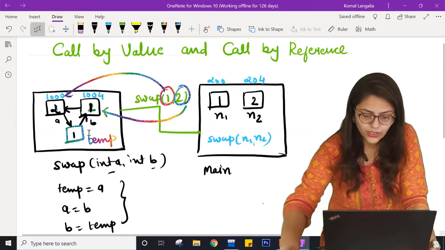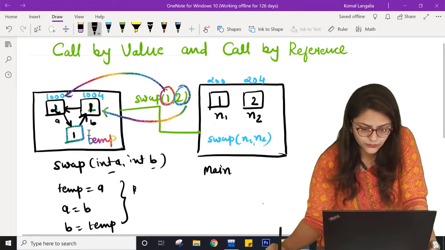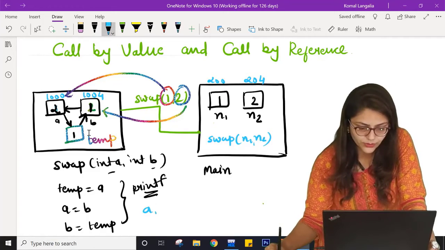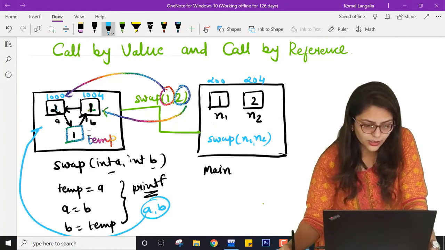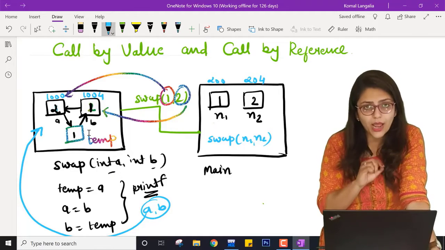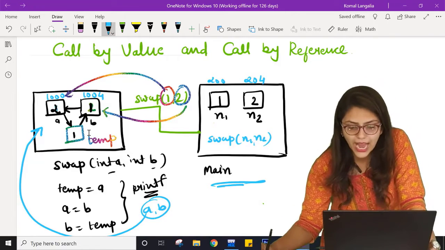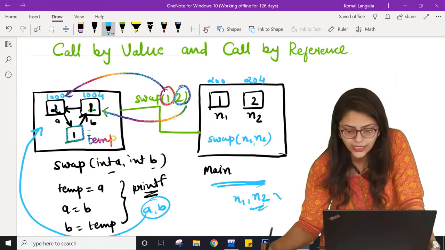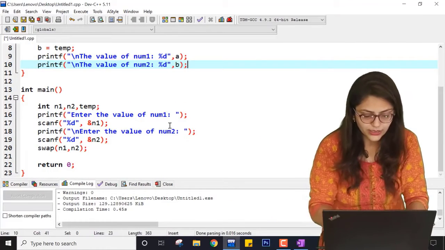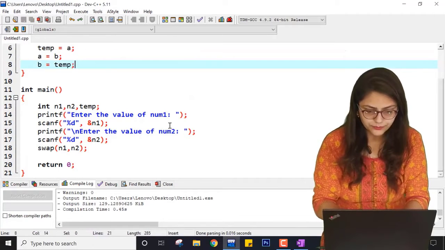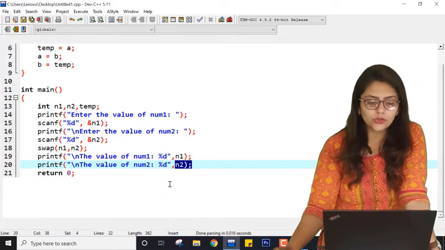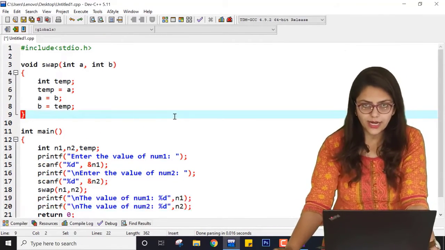So I am getting the correct answer because the values of a and b are swapped inside the function. But the actual values of n1 and n2 are not swapped, and that's why in this program, when I am printing the values of n1 and n2, they were not changed. I hope you guys are understanding this concept.